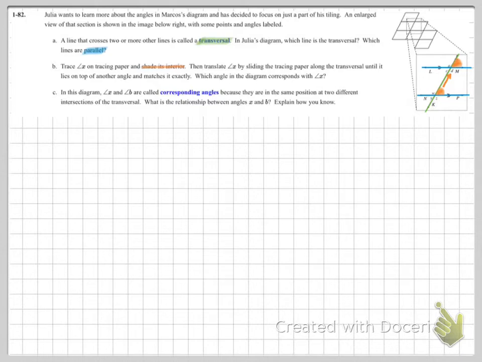So I know that I'm going to take angle X. So for part B, I'm going to say that angle X is going to be slid up the transversal to angle B. So we went through and we slid it along. So which angle on the diagram corresponds with angle X? So that means that we're going to say angle X corresponds